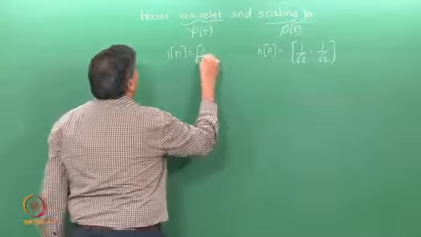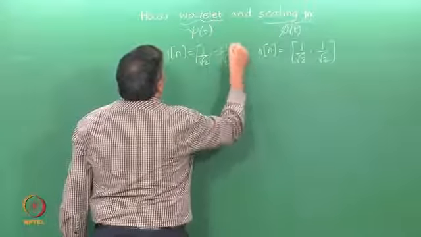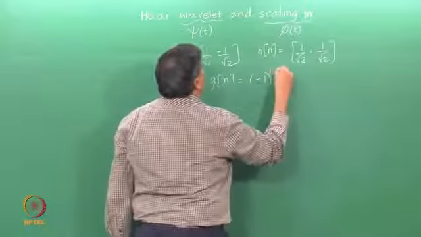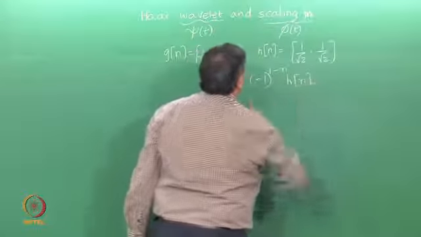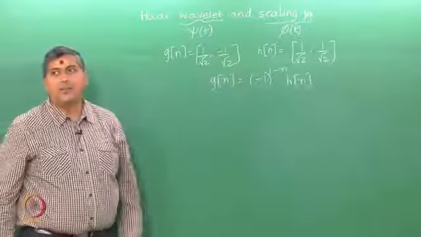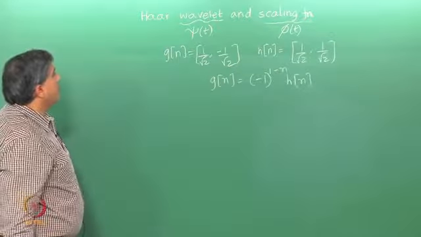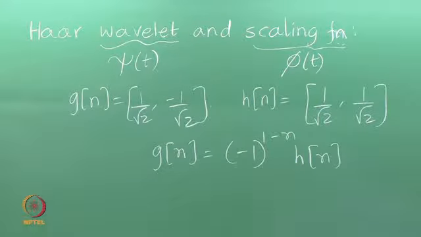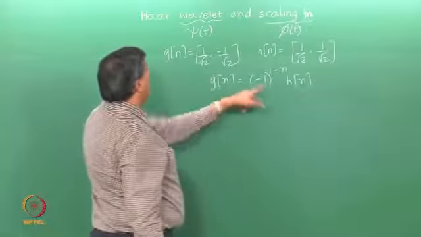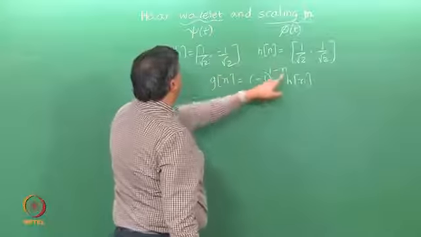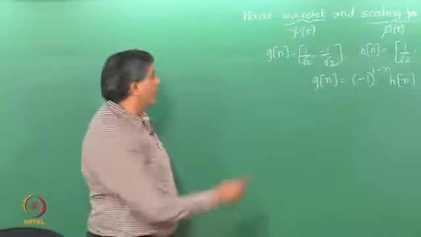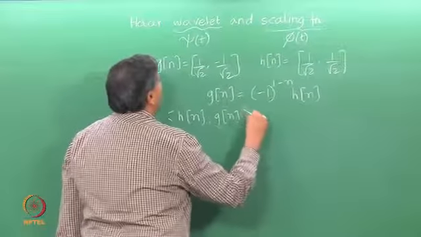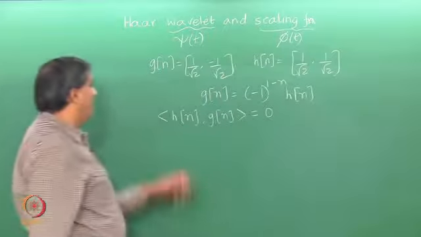You can use the result that we gave in the previous lecture. You can verify that g of n is minus 1 raised to 1 minus n h of n. So, you can verify that g is indeed this here, and n of course begins from 1 here. So, if I set n equals 1, then I get g 1 to be 1 over root 2, and if I set n equals 2, then I get minus 1 over root 2. So, you can quickly see here that the inner product between these two sequences is 0, and this amounts to